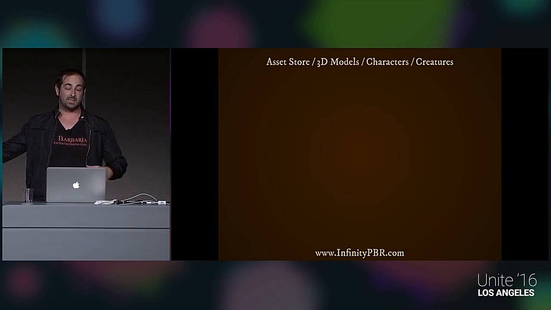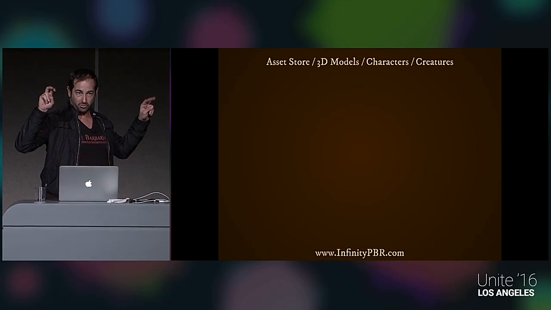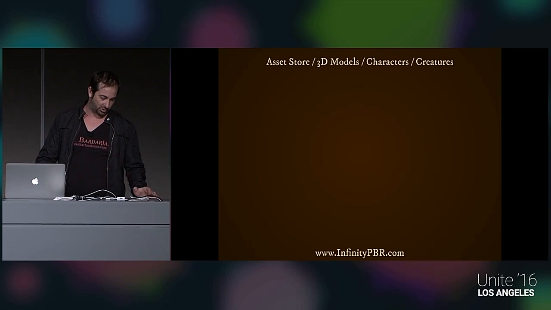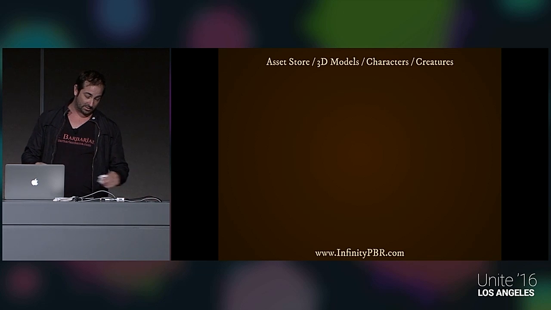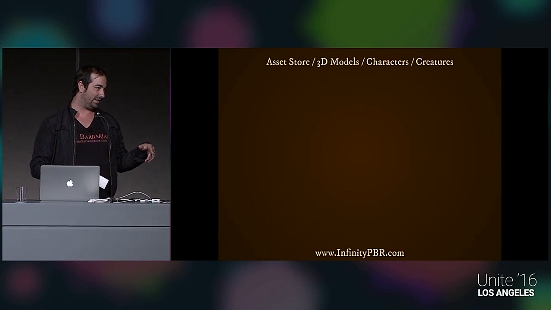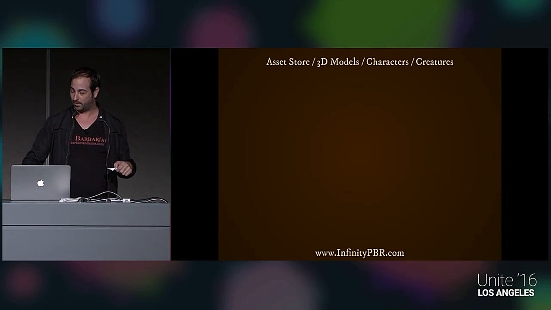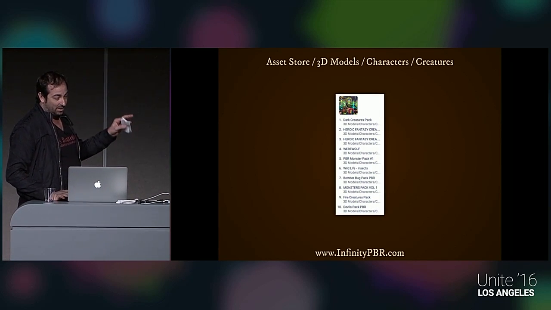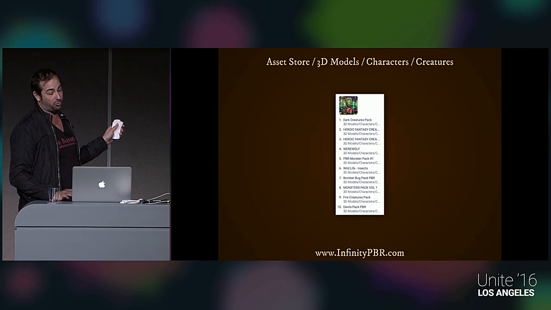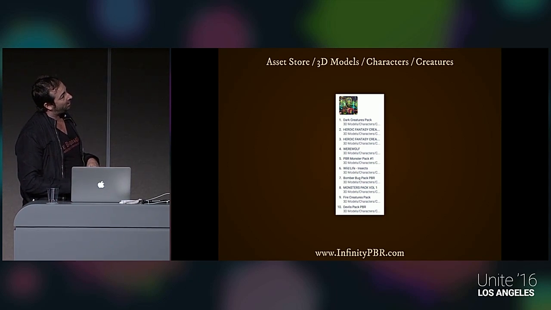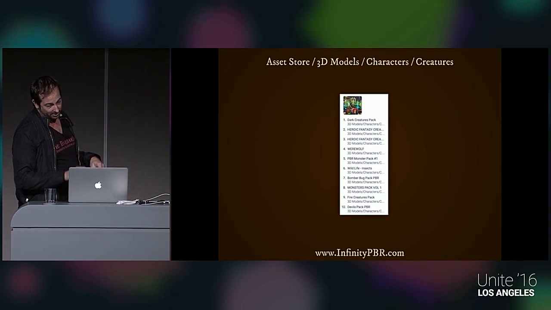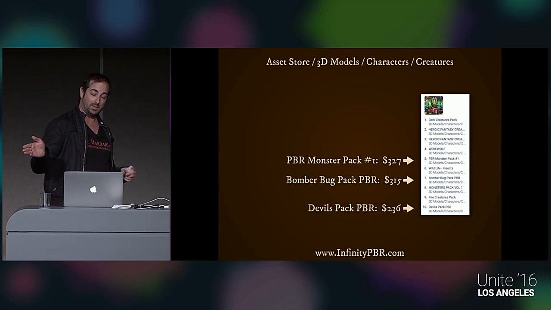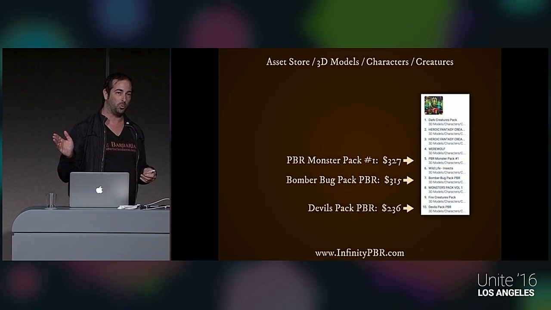All right, so most of my stuff is in the 3D models, characters, creatures section. There's a couple humanoids, but most of it's the creatures. And I've learned a few things that I think, I don't know if this is specific, maybe a couple people in the room do, but I don't have details about the actual numbers here. But this is last week, the top 10 grossing creatures in the asset store. And 3 of them were mine, right there. Here we go. And this is how much they made in the previous, I think it was about 3.5 weeks.